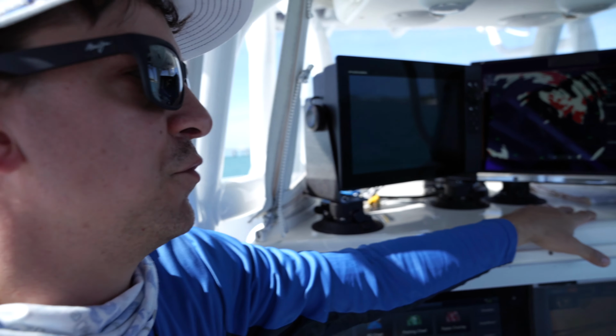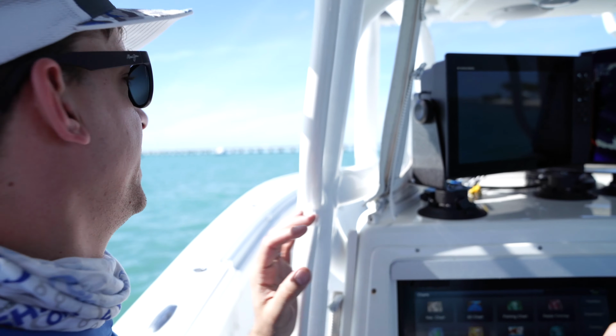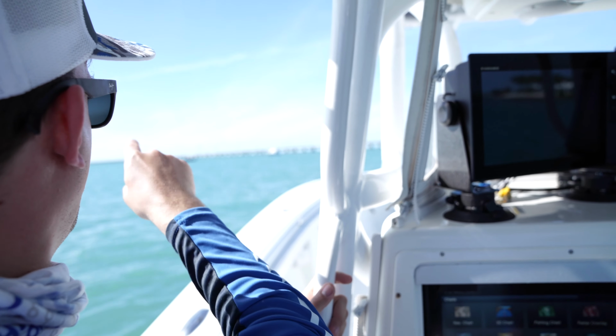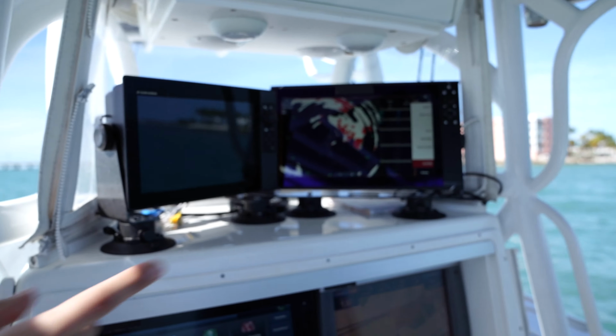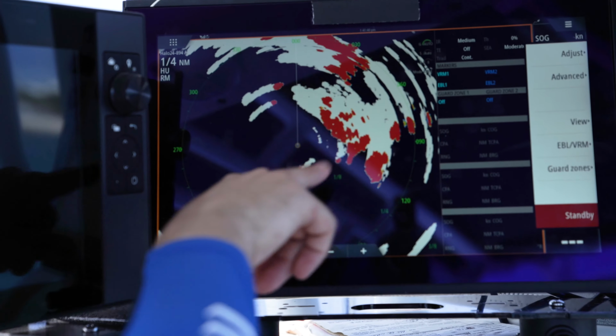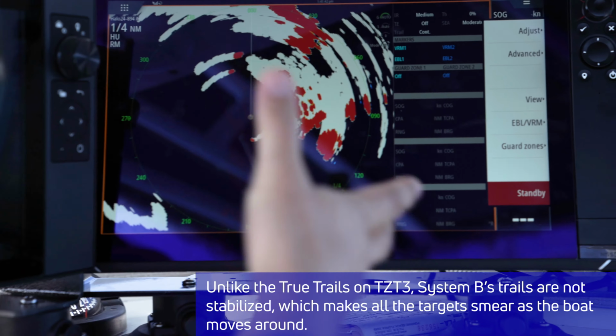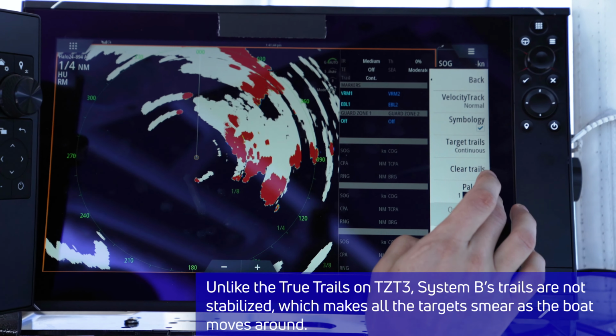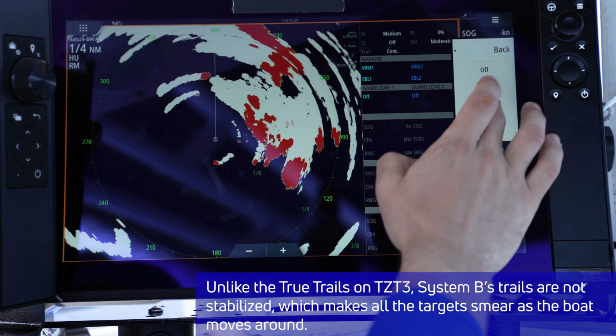Well, the land's moving because he's spinning the boat right now, so we're rotating the boat to point it out into the channel, away from where we were originally pointing, so it's starting to smear him. Now, I put the targets on continuous, so what we might want to do is put those down to, say,